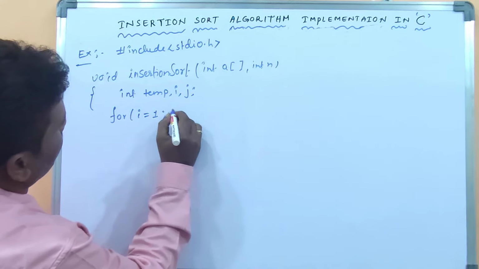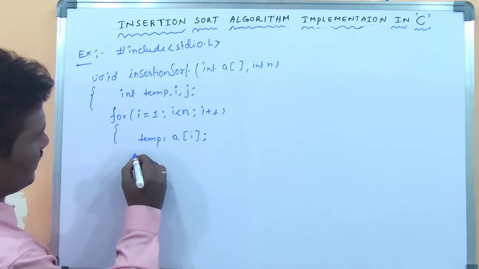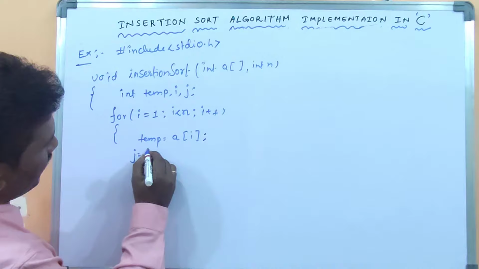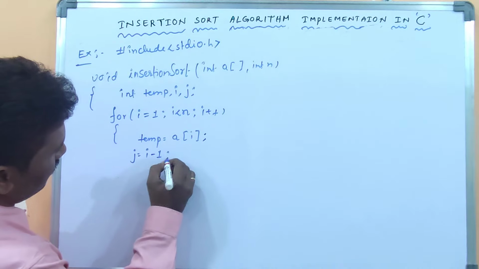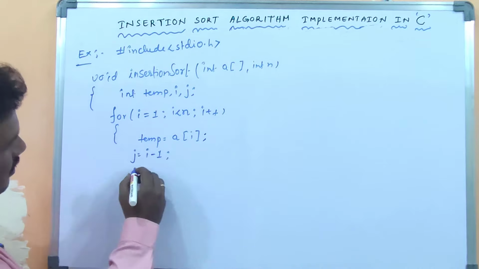And then temp equal to a[i]; then j equal to i minus 1, then while